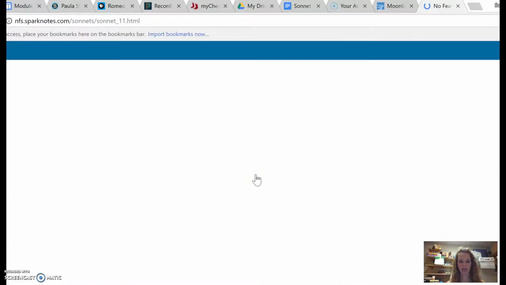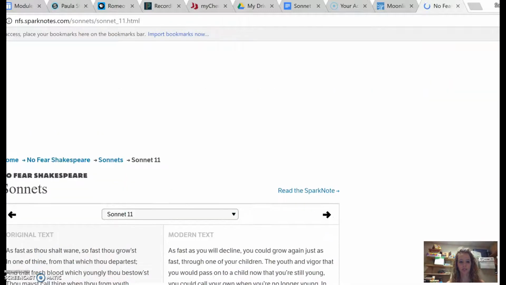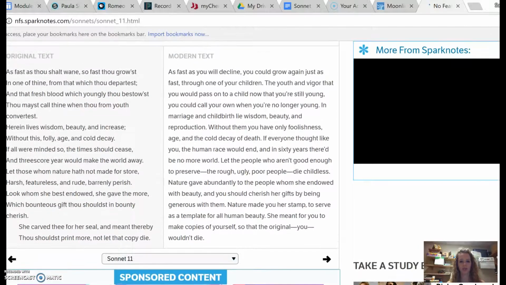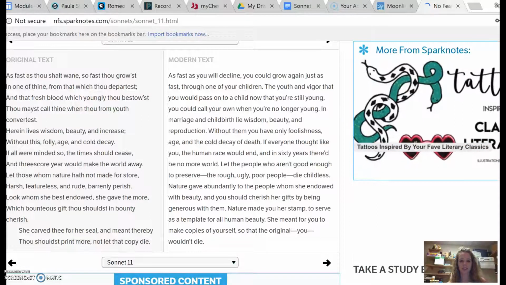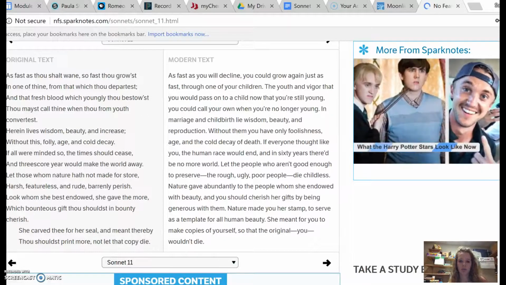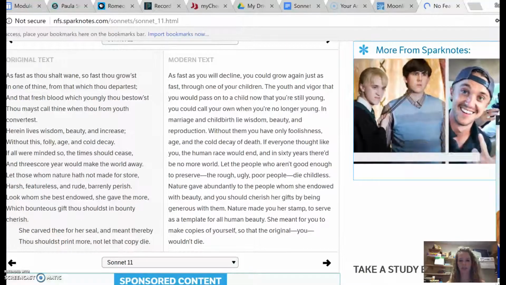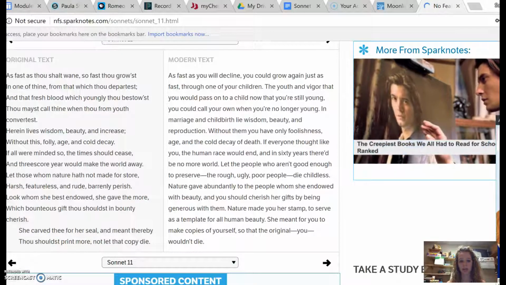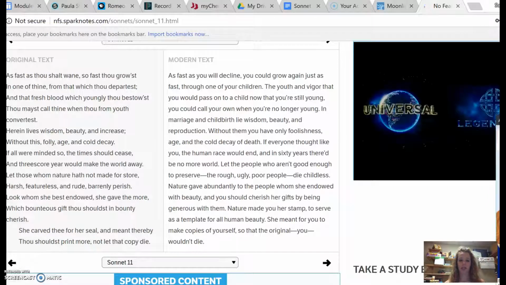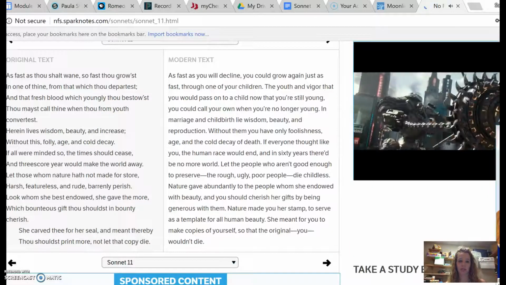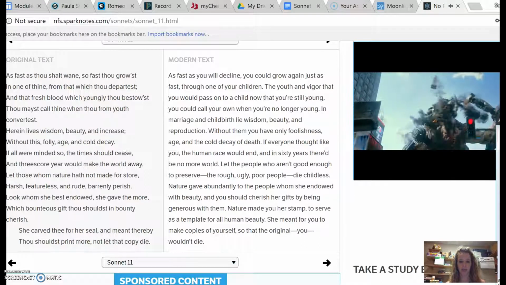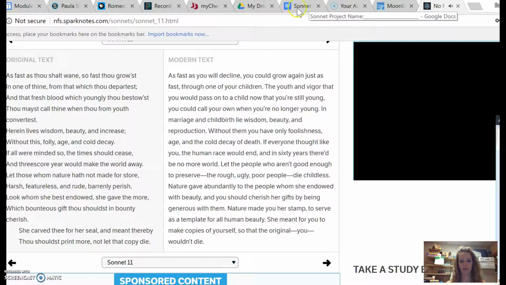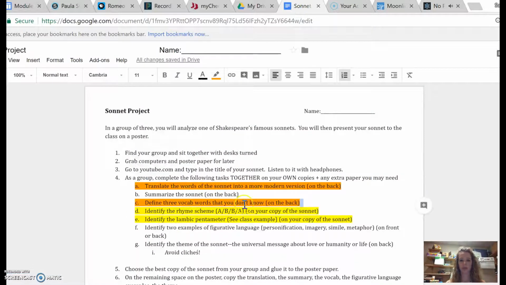And what you'll see in gray is the original version, but what you'll see in white is a more translated version. Okay, if you did this for Sonnet 65, you'd see the same thing, the one that we did in class together. Now, if you copy this word for word, I'll obviously know. So I want you to try translating the sonnet line by line to start as a group. And if you get stuck, then that's where I want you to use SparkNotes to help fill in some of those blanks. Okay, and make sure you read it pretty carefully so that they all connect and it makes sense to you. Okay, that's definitely a resource I want you to be able to use. Okay, so these four are what you need to get done for sure today.